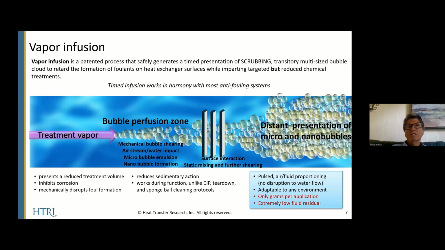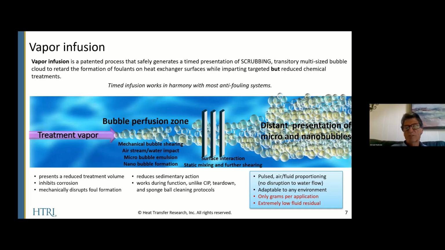We merely are creating this nanobubble density that moves through the system, has impact on the fouling surfaces, and then the nanobubbles dissipate downstream and are extended into the cooling water source. The other thing that's most important about creating nanobubbles of this nature is that they have other characteristics. We will only use extremely low residues within the fluid. We use grams per month, for example, in many of the technologies and many of the